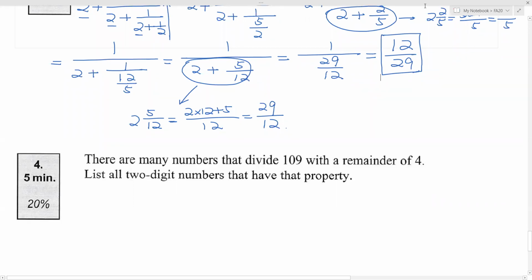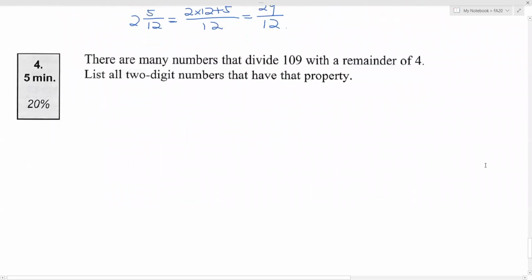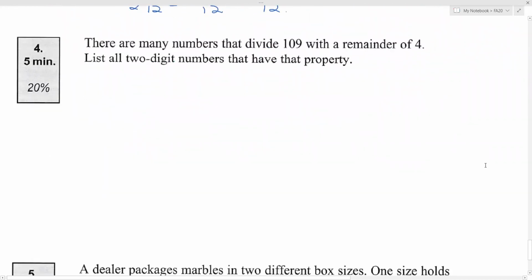Okay, Sophie? Sophie, why don't you read the question first? There are many numbers that divide 109 with a remainder of 4. List all the 2-digit numbers that have that property. Okay. So it has a remainder of 4, so that means you have to subtract 4 to